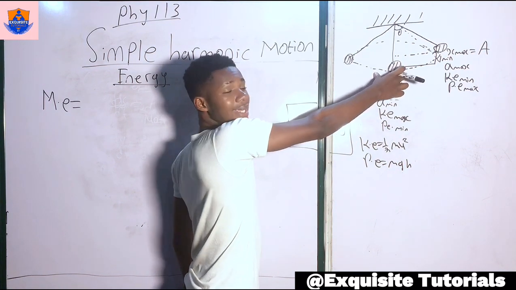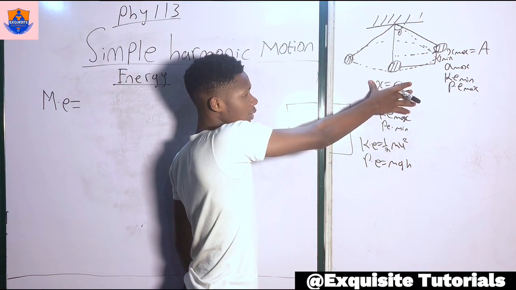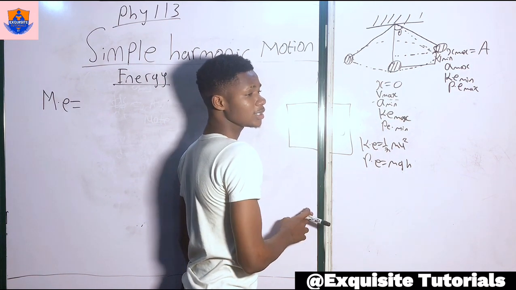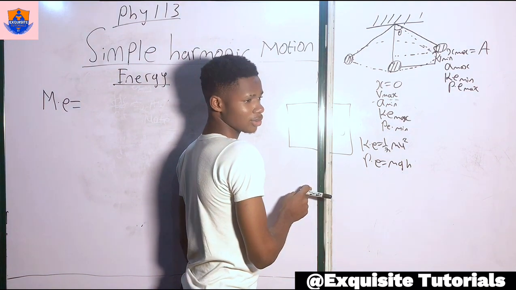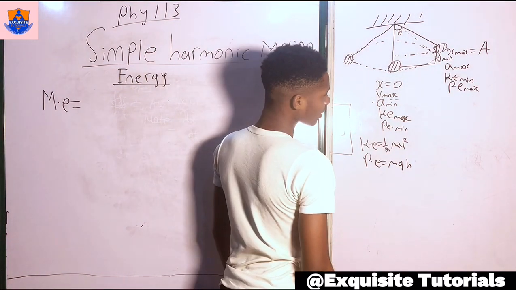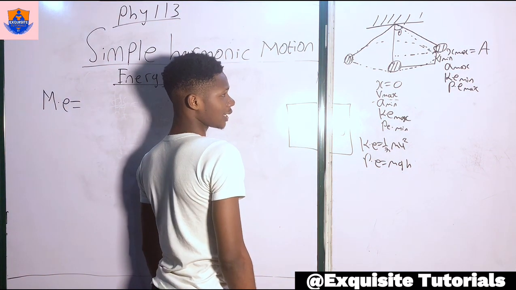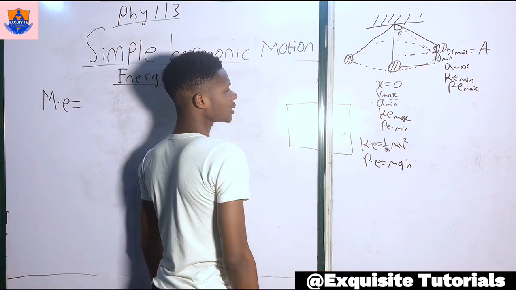So at this point, we have full kinetic energy, at first the item is in motion. And for the potential energy, it is equal to 0, there is no height. And at this point, potential energy is maximum, kinetic energy is minimum. So the energy is conserved, except for the fact that frictional forces are dissipating it in the air as it